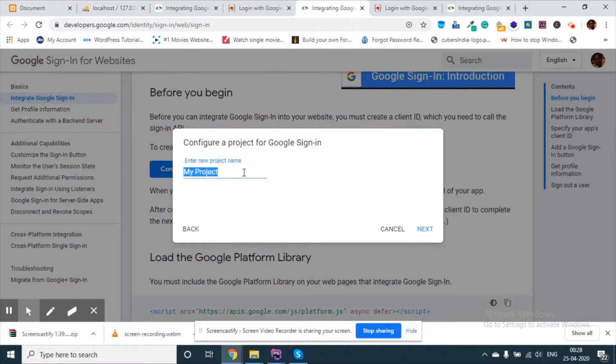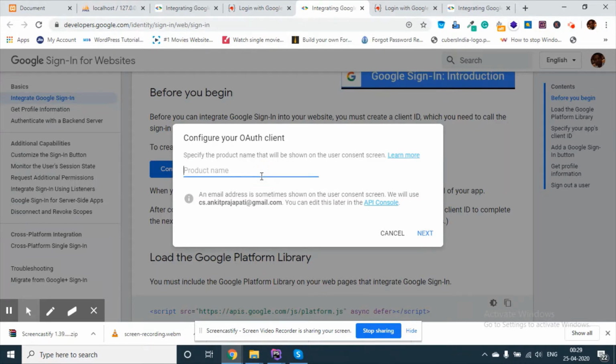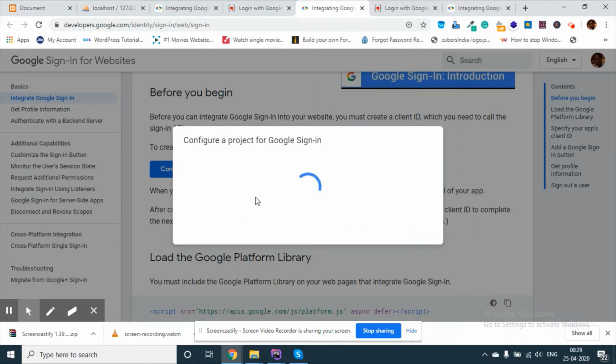Let's say my new project. Next, let's say my product. This will be the name. When we click the authenticate button, then the page will be redirected, and this name will be shown there. My pro. Okay, now it will ask to select the calling